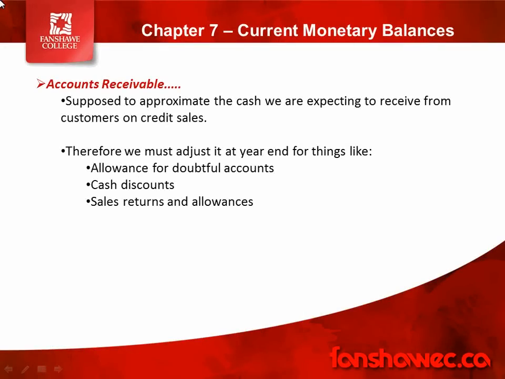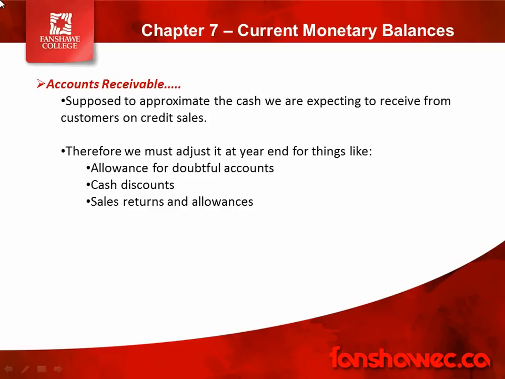This video will be our discussion about accounts receivable and primarily allowance for doubtful accounts. So accounts receivable, if you look at the definition or kind of the guideline of what accounts receivable is supposed to look like on our balance sheet, it's supposed to approximate the cash we're expecting to receive from customers on credit sales. So if you think about it, AR, just the AR account, represents all the money that's owed to us. But the reality is we're not going to collect every single dollar that's in AR